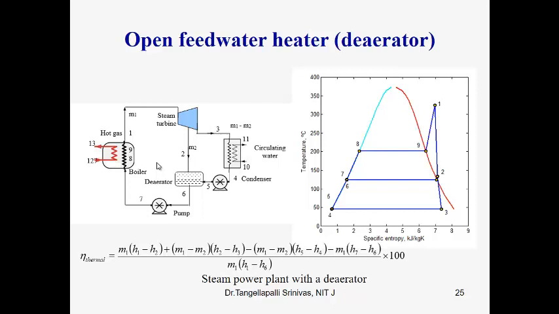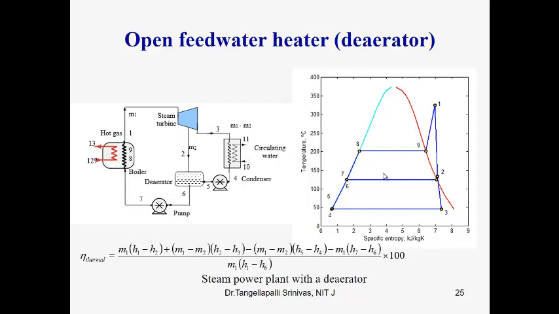Coming to the construction and working of this feed water heater, the steam is expanded in the turbine. Some portion of steam is trapped for the open feed water heater. The remaining balance steam is expanded and condensed here. The steam is directly mixed with the feed water. The steam is condensed. After mixing, the temperature of water is increased from 5 to 6. So hot water is pumped and supplied to the boiler. The heat supply to the boiler is decreasing, because compared to the simple Rankine cycle, relatively high temperature water is supplied to the boiler.